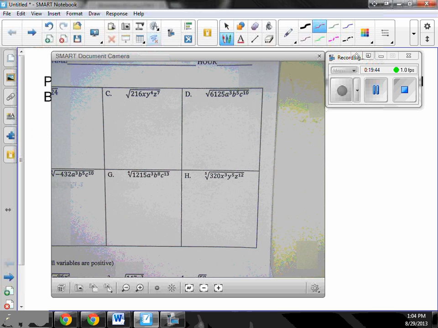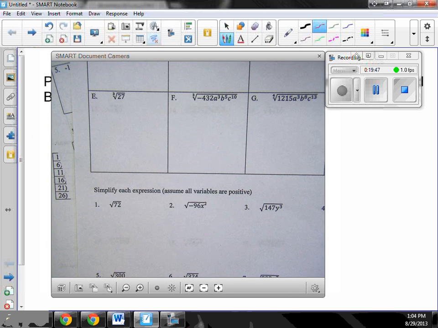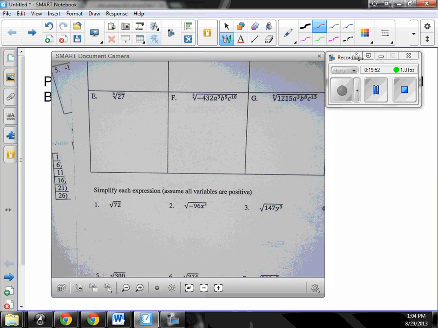Look at part E. Something's different about part E. It's a cubed root. We're no longer looking for groups of 2. We're looking for groups of 3. For every group of 3, we can bring 1 to the outside. We're looking for the perfect cubes. Instead of 4, 9, 16, 25, we're looking for 2 cubed, which is 8. 3 cubed is 27. 4 cubed is 64. 5 cubed is 125. So if I factor this out,